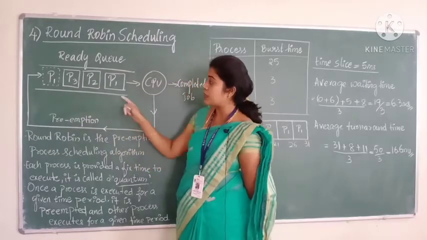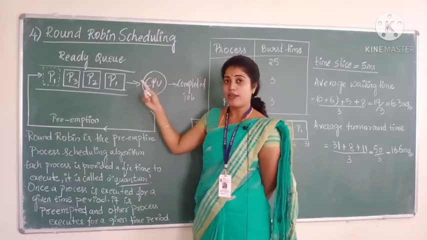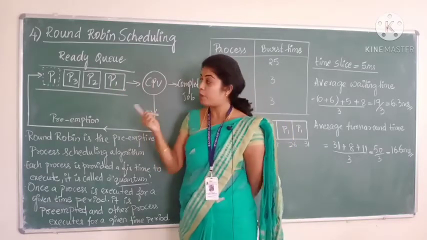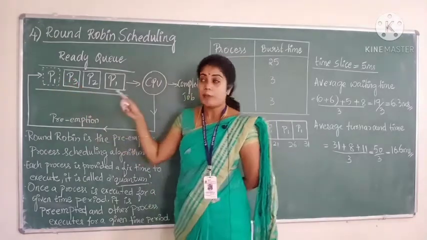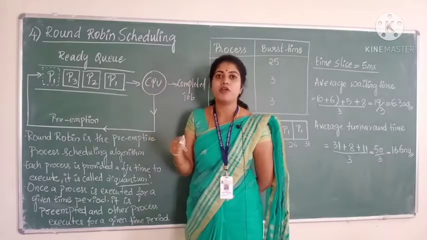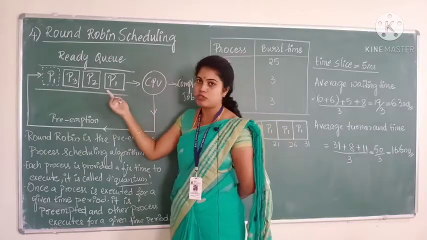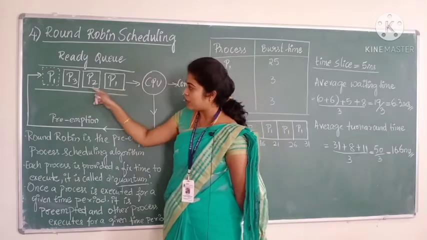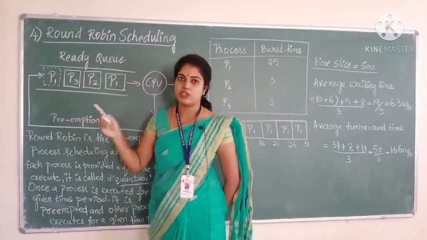So what you can understand is that once process 1 started execution, process 2 came, process 3 came, but after P3, again P1 is going there. That too is written as a dotted line. It means that in the first turn given to P1, it did not finish its execution. After completing the other processes, P1 got a second chance of execution. After the remaining processes, P1 is preempted and will go for execution next.